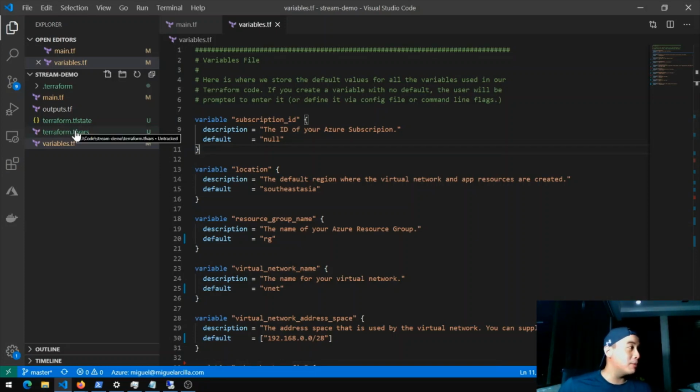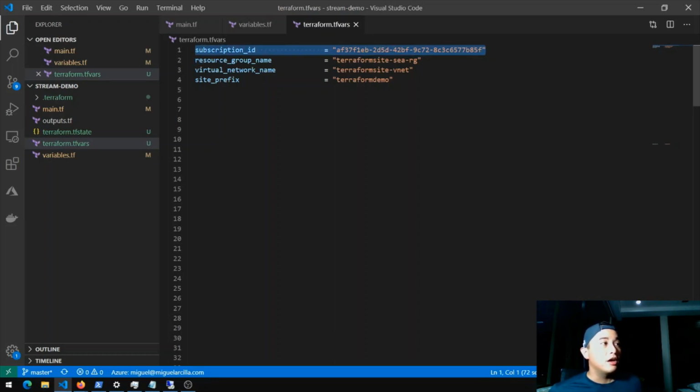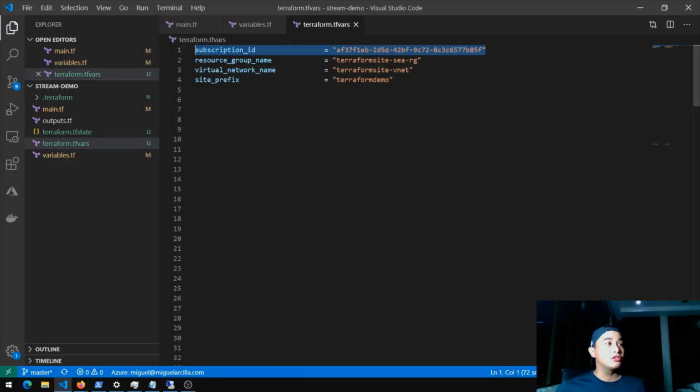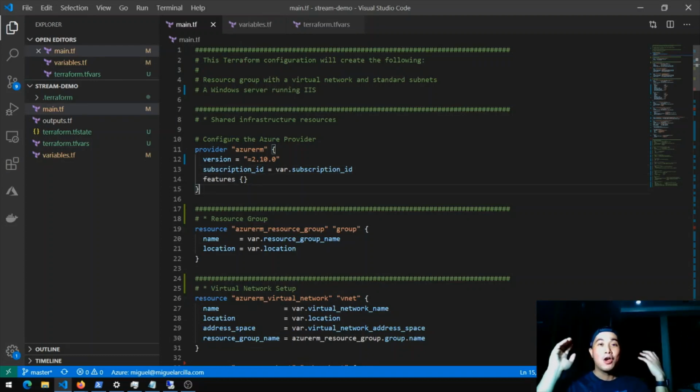That's where the third file will come in here, which is terraform.tfvars. Terraform.tfvars is where we can actually specify the data that we're going to be putting into this variable. So I'm going to override this variable, which means I'm going to replace null and put some actual subscription data, which is my subscription ID. Okay, I actually have overrides for a couple of the variables here, and we'll see them as we go. Okay, so that was the Azure Resource Manager provider. And at this point, all we've done is declare that we're going to be working with Azure for this